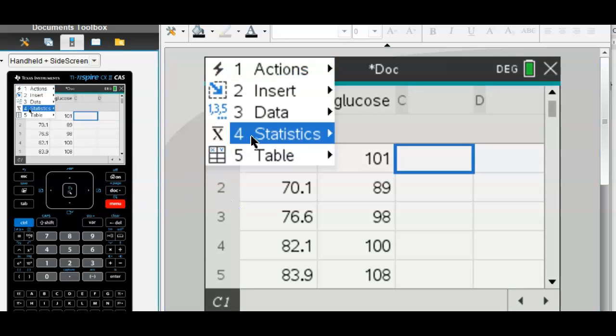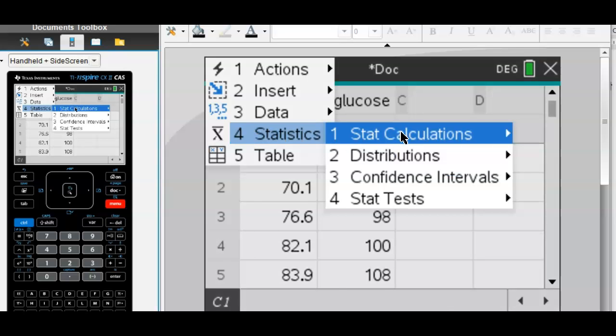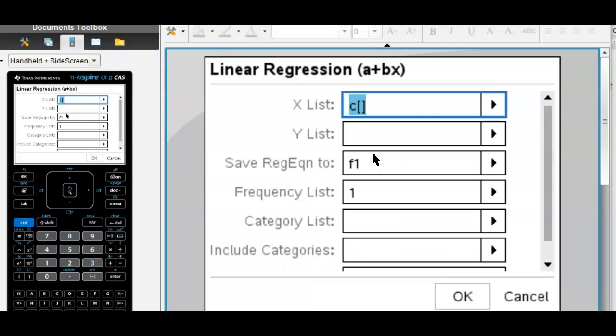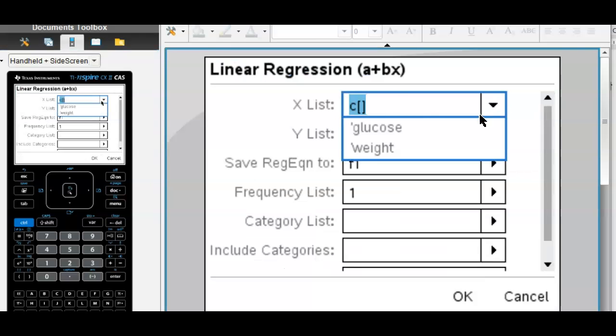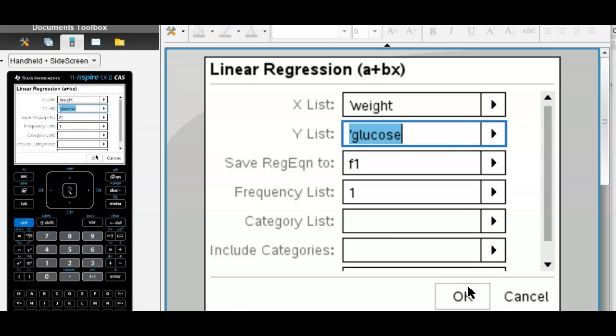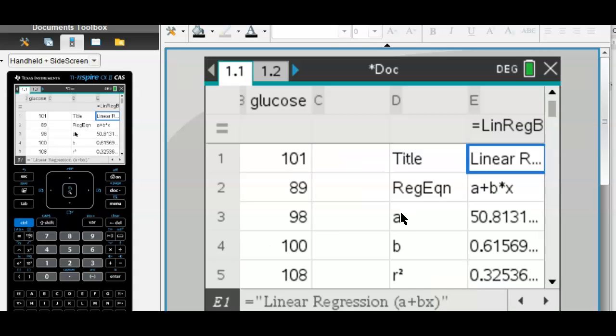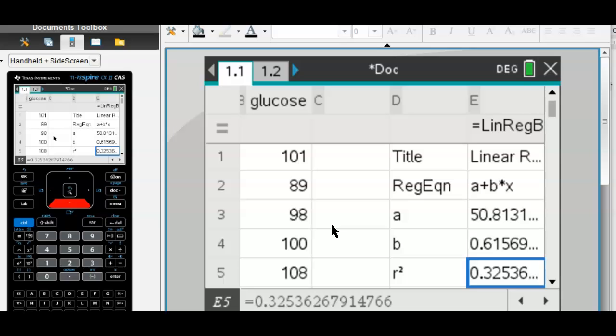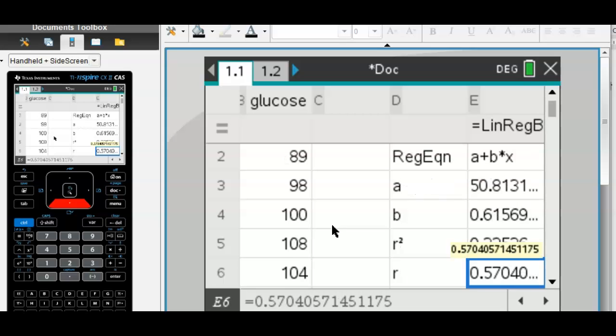Go to menu, statistics, stat calculations, and then linear regression A plus BX. Just put in your variables. So we've got weight for X, glucose is Y, and you got your same values here, okay? So just like we did before. And now they've also given us R squared and R. So the next part of the question was stating what R is. So R is